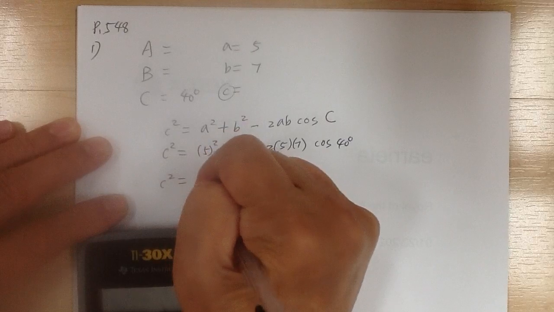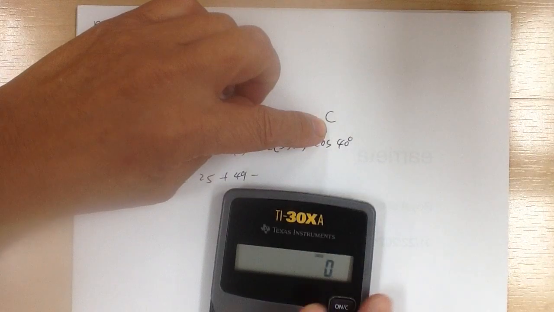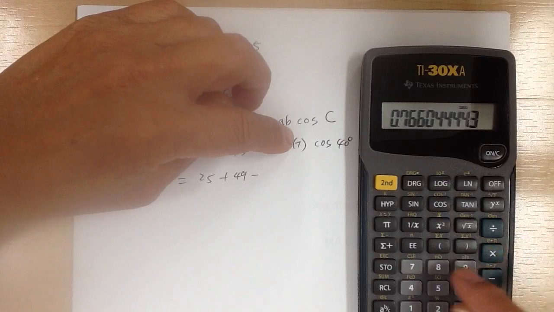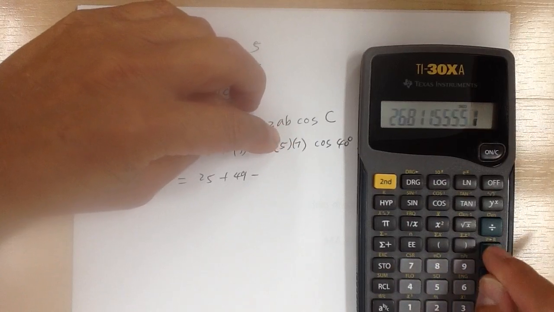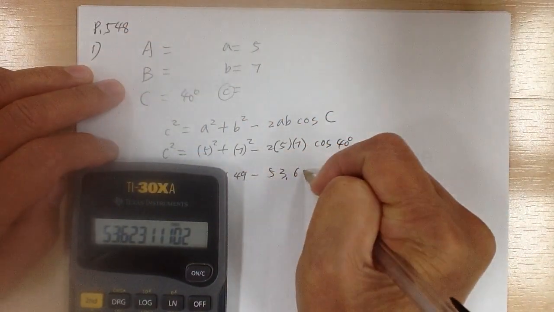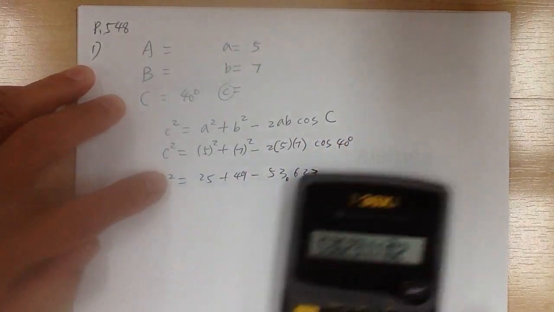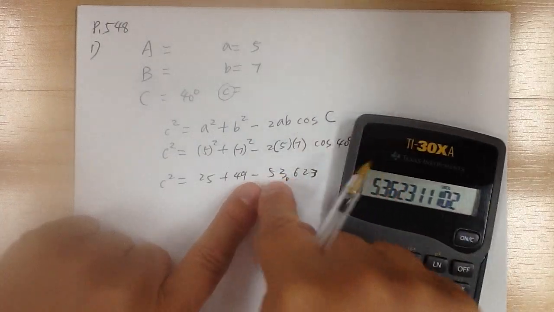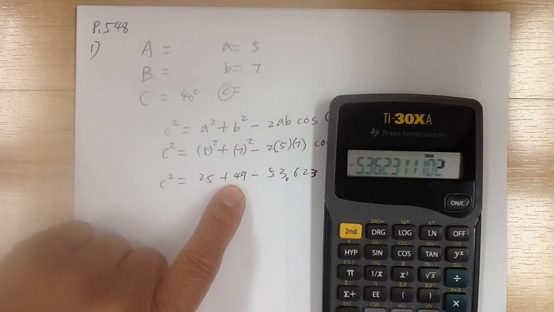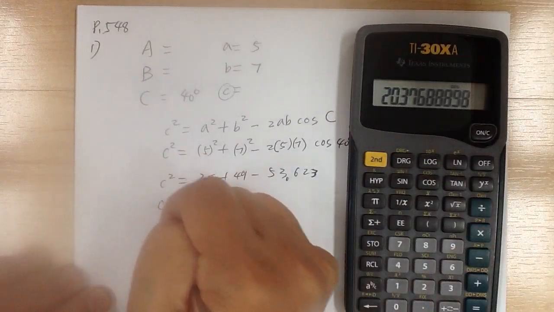So this would be 25 plus 49 minus, and for this part over here, I like to work backward. I take 40 cosine times 7 times 5 times 2, and this will give me 53.623. You want to carry extra digits until the end. Or if I work backward, I can just put a negative sign over here so that takes care of this, and then plus 49 plus 25, equal. So I have C squared equal to,